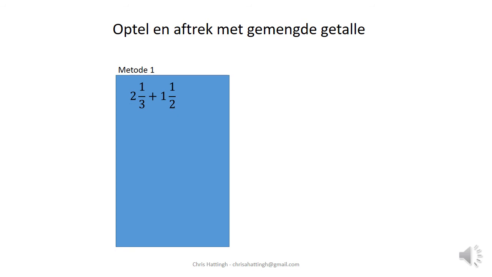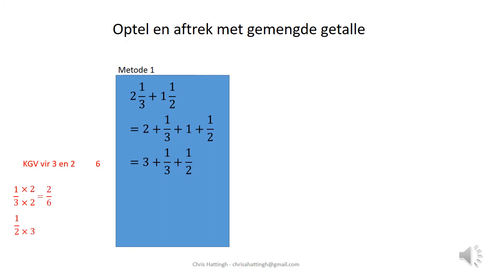Now we're going to work with mixed numbers with different denominators. Method 1, add the whole numbers. So that's going to give you 3. And then find a common denominator. That's going to give you a 6. So for 1 over 3, you're going to multiply the 3 by 2. So you must multiply the 1 by 2 as well. For a half, you're going to multiply it by 3, and you'll find 3 over 6. So it's going to be 3 plus 2 over 6 plus 3 over 6, and that gives you 3 and